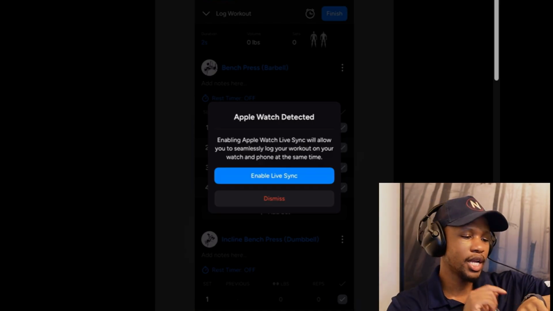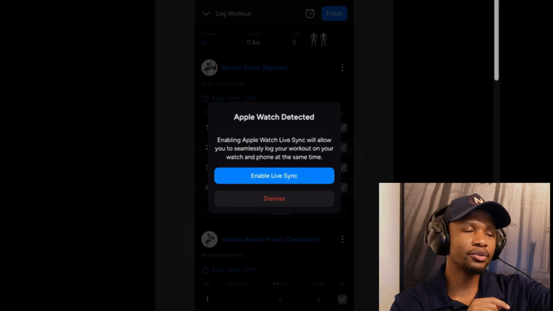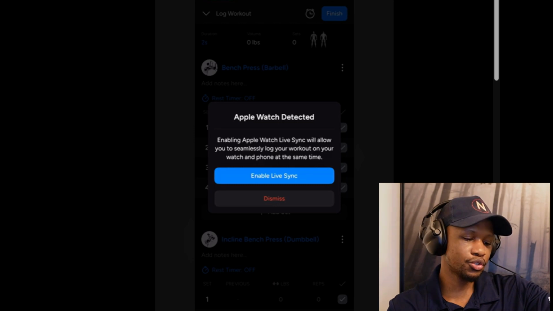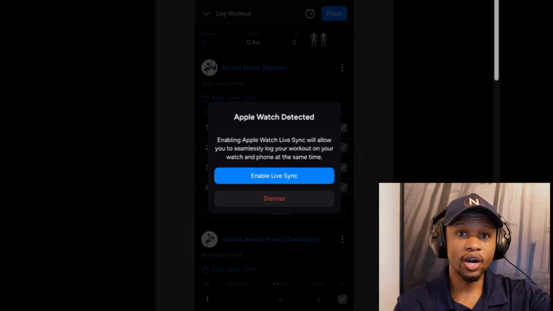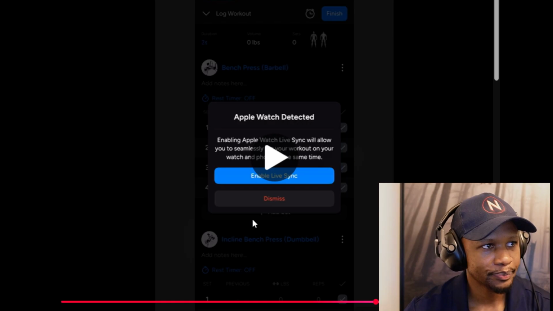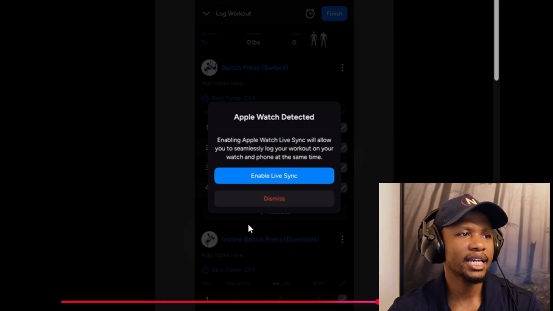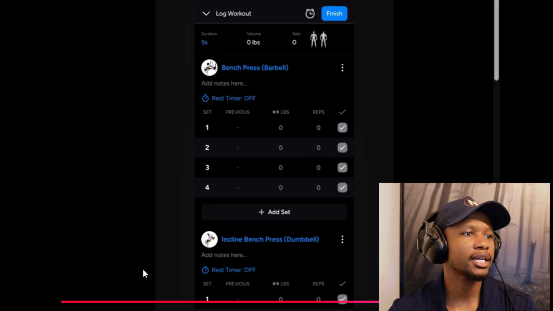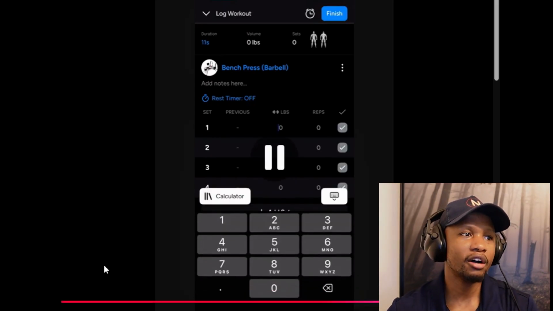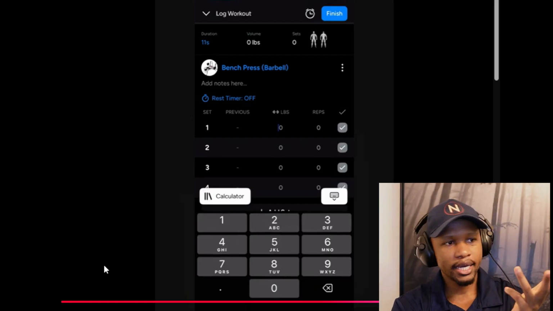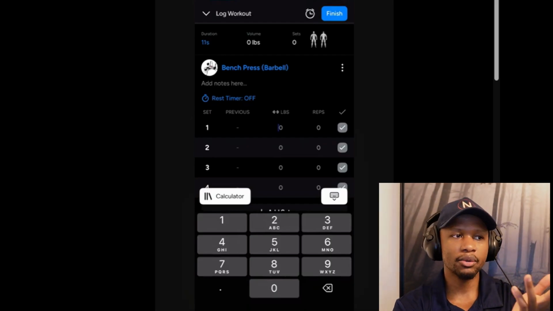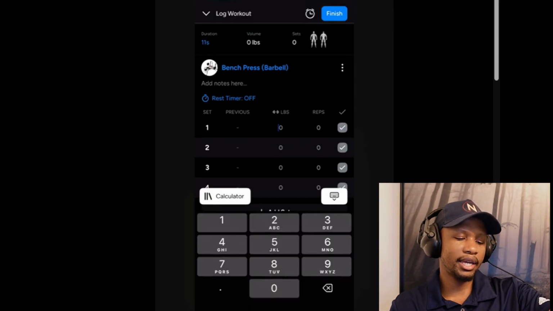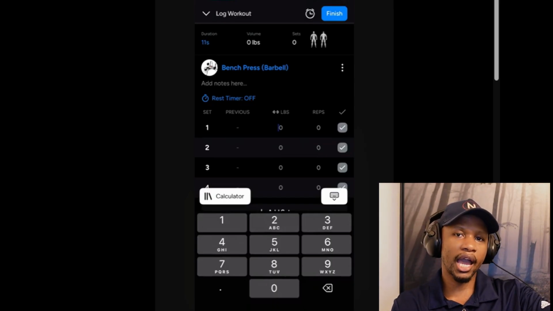Because on your phone, you can just control the app on your phone. Sorry, the other way around. It's going to allow you to control the app from your watch if you sync it. You can enable live sync, though usually I just keep it off. This is the one thing about syncing with your watch, because I like to track my workouts using my Apple Watch,